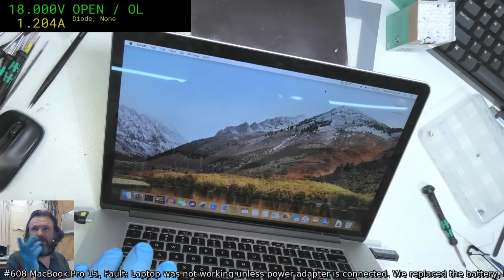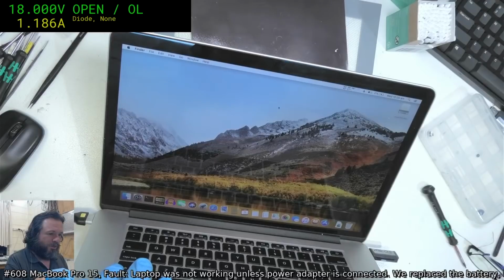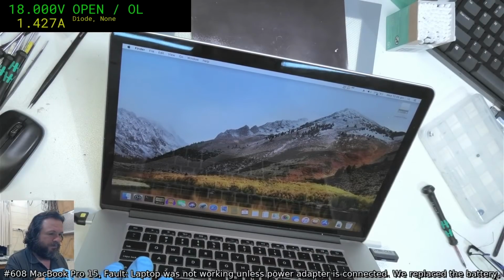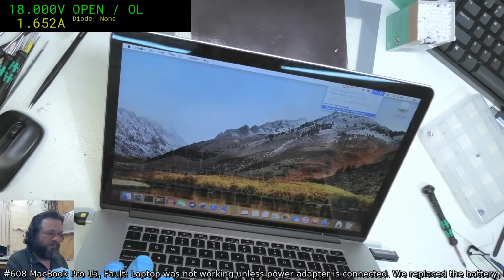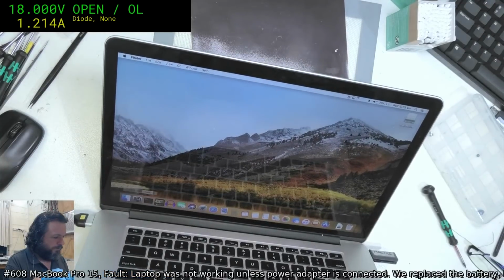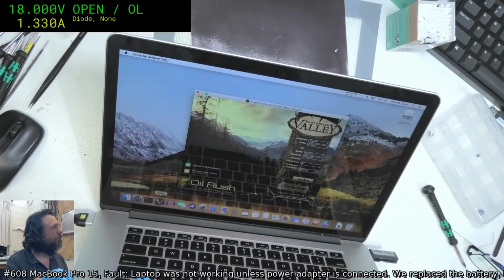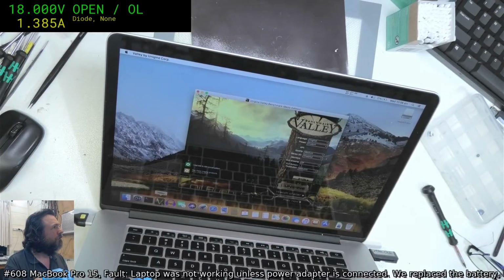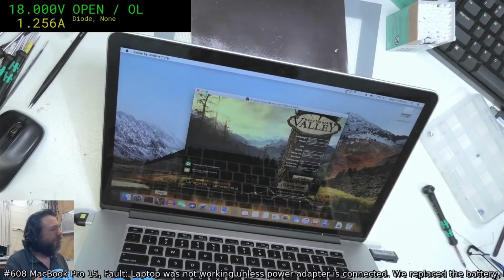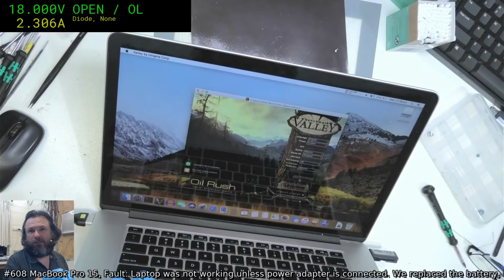Just see, it jumped up then. So there is still a problem charging the battery. Not sure what to think. I don't know whether that's a bad battery or whether that's, maybe...